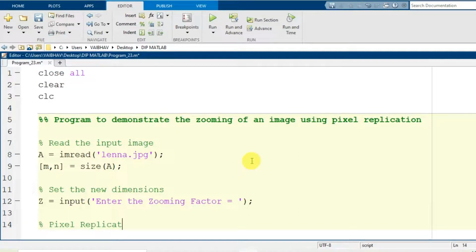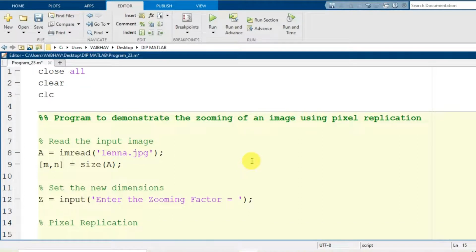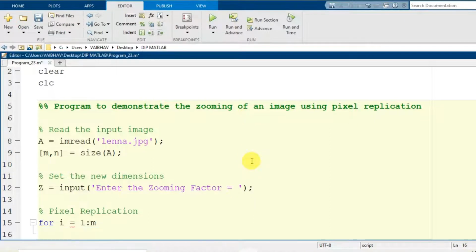So let us perform the pixel replication. This is the most important and core area of this program. In the pixel replication I am going to use a nested for loop. I will construct the first for loop that will run for the variable i, iterating from 1 to small m, the first dimension of the input image, where it is going to extract each and every row of the image.